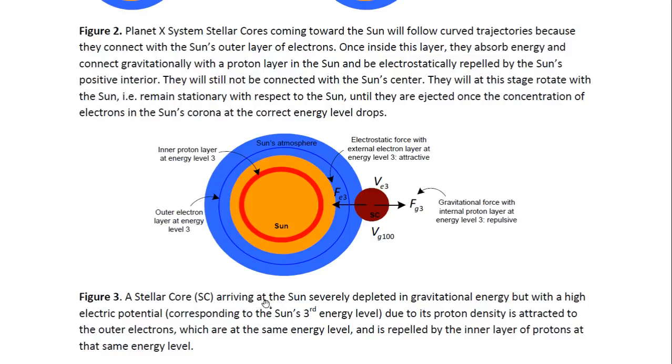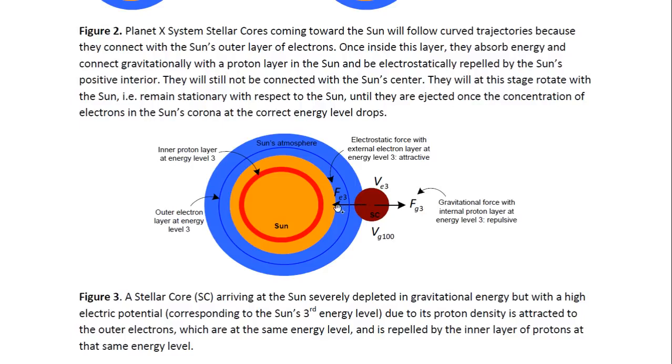So we have a stellar core which is arriving at the Sun severely depleted in gravitational energy. So its gravitational potential is VG100. It's the gravitational potential for an orbit that's way out there, very far from the Sun. But its electrical potential is VE3. So that's an electric potential for matter here inside the Sun itself. And that means that there are two forces. There is the